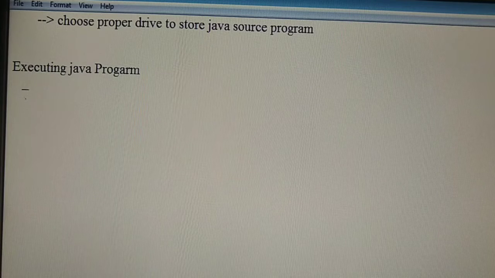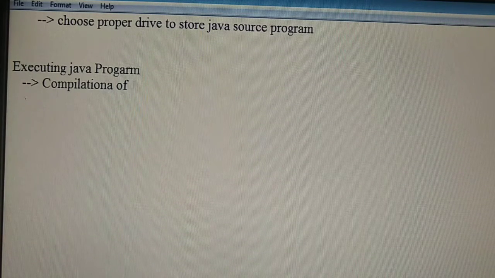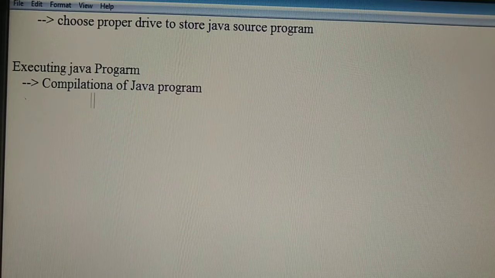One is compilation of the Java program. Sir, in C and C++ we have used a C IDE, Turbo C++, where we directly compile the program. But a Java program can be compiled from the command prompt.